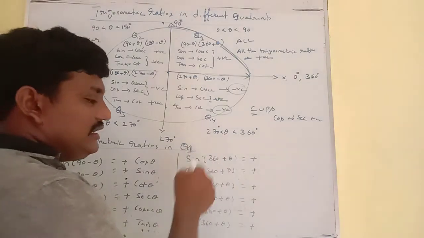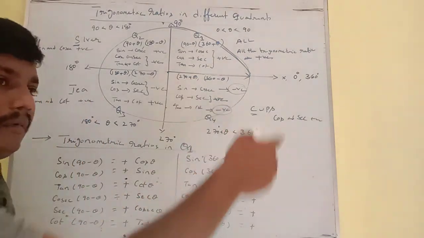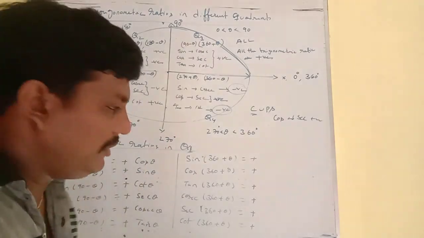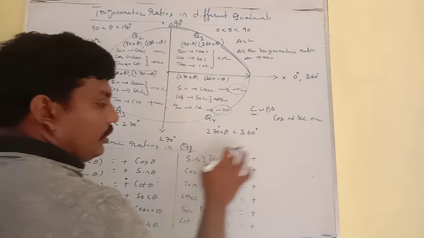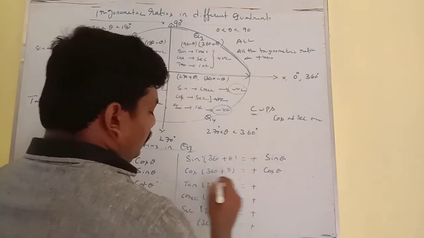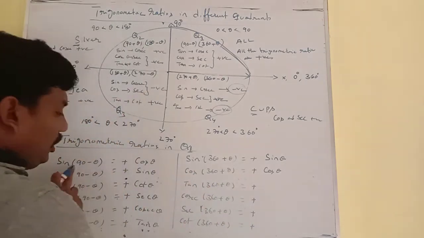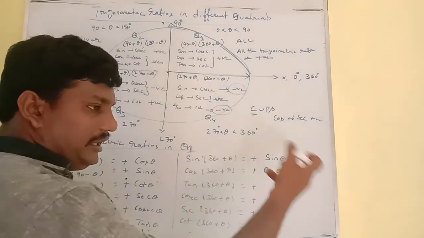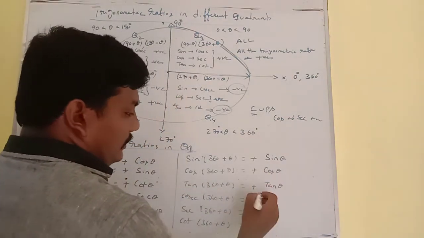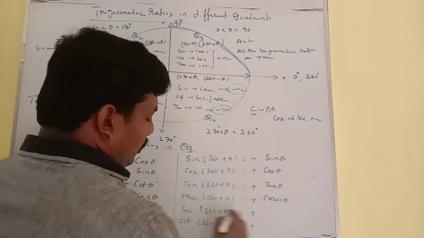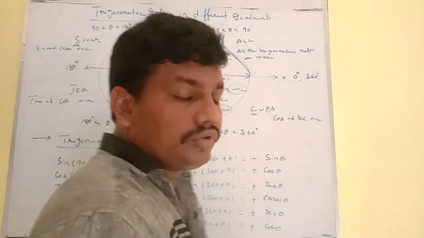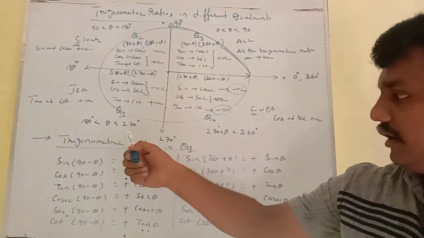Then coming to 360 plus theta, in 360 there are four complementaries. Four times we are going to complement. An even number of times means we get only the same ratio: sine theta, cos theta. This is called odd multiples of 90, and this is called even multiples of 90. For even multiples of 90 the same trigonometric ratio will exist: cosecant theta, secant theta, and cot theta. So students, I hope you understand the first quadrant trigonometric ratios.